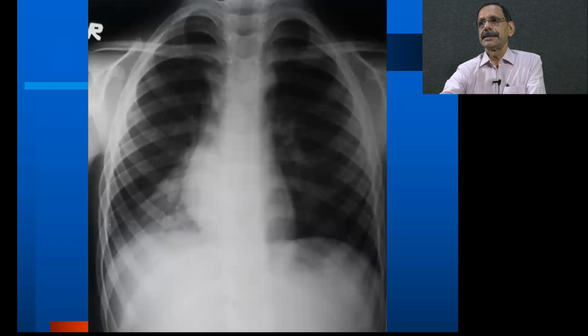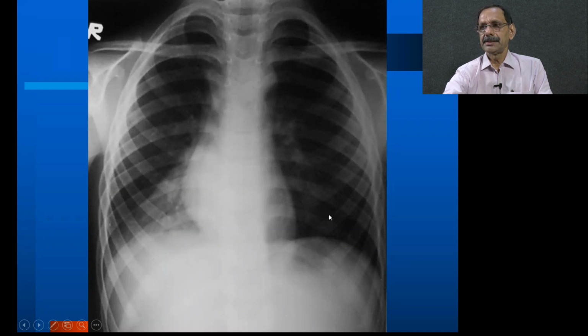viral infection. Here the trachea is central, see, the spinous process is almost in the center of the tracheal air shadow, but the mediastinum actually 2/3 should be to the left of midline and 1/3 right of midline, but instead here it's almost 50% is right of midline. So there is a shift of mediastinum, and there is a shadow here and a little straight or a bit concave border here, and it is not merging with the heart border.